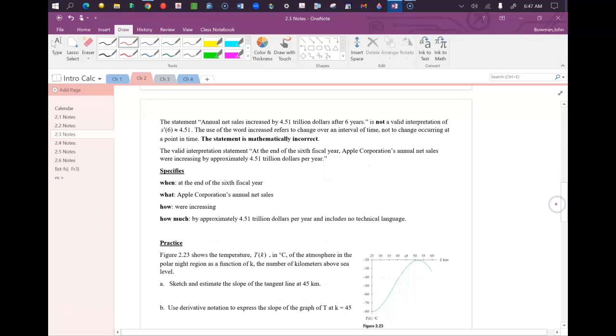Let's take a look at one more of these. Annual net sales increased by $4.51 trillion a year after 6 years. Again, it's a good statement, but it's not telling us any context here. There's also a bit of a problem when it says increased. It should say is increasing